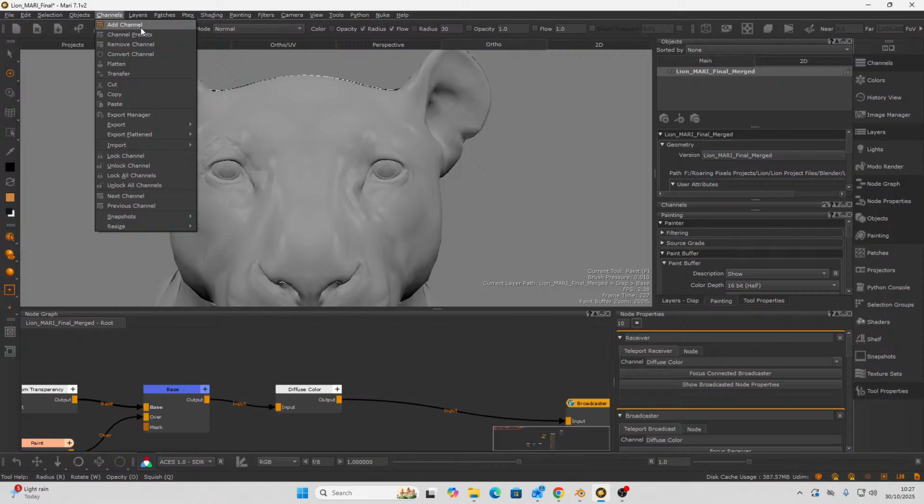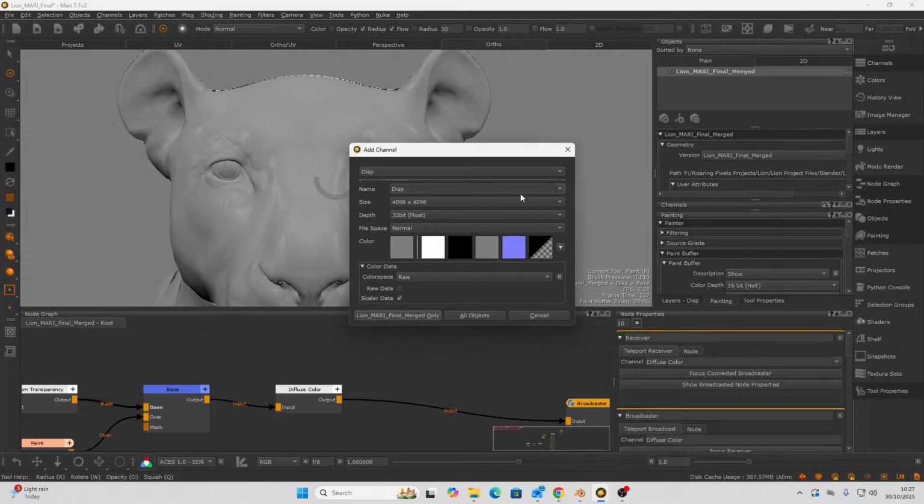Channels, add channel, and just do specular, name is, let's say, roughness. Roughness, you don't have to do a 4K. I mean, that's the default. I haven't changed it, but with these ones, just make sure they're all 16-bit. 32-bit is overkill, and you could just do 2K maps for the channels. But what we export could be 4K or 8K. And this is also scalar, and